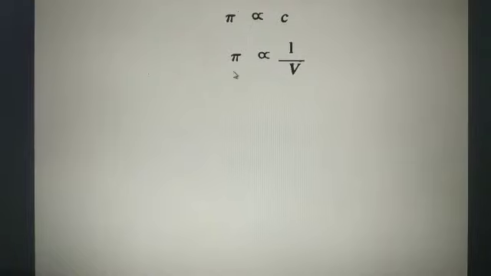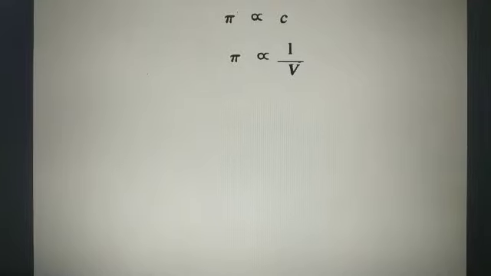Now it is found that osmotic pressure pi is proportional to the concentration. How much concentration of the solution is there, that determines the osmotic pressure. If the concentration is lesser, osmotic pressure will be less, and if the concentration is more, osmotic pressure will be more. Since concentration is inversely proportional to the volume, it is how many grams dissolved per liter of the solution. So generally the grams, how much amount is dissolved, is constant. The volume, if varied, concentration will vary.